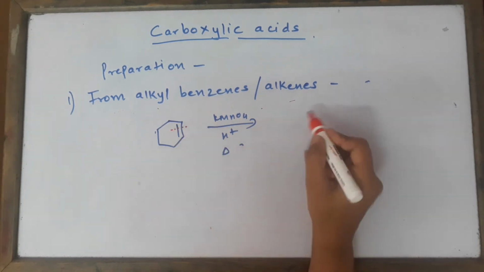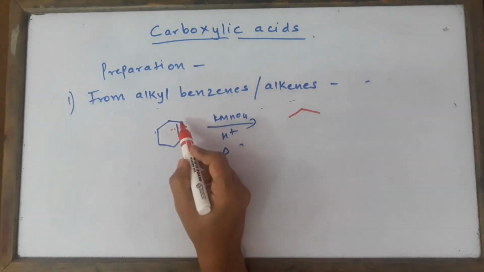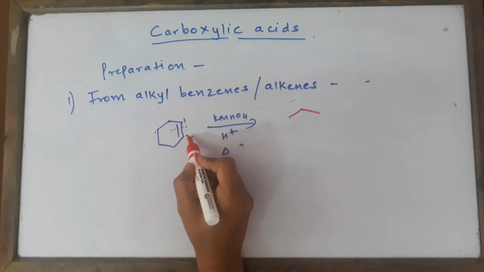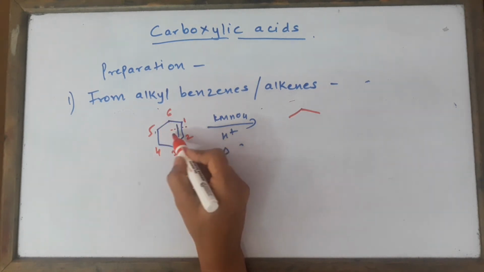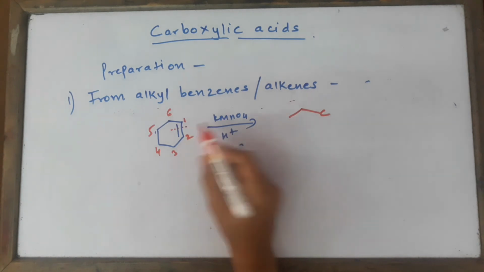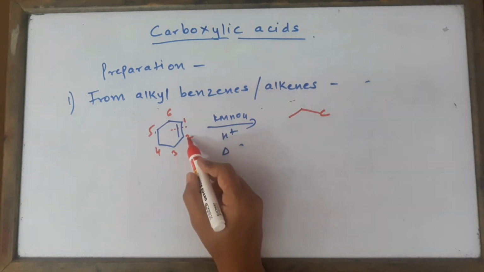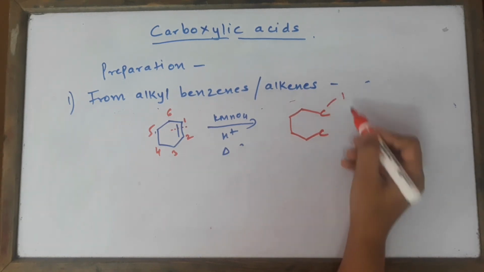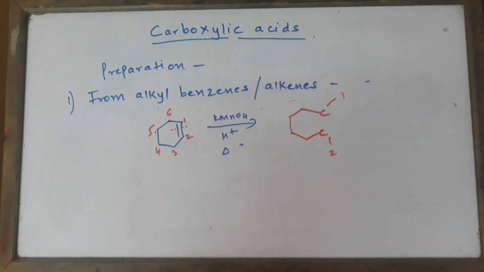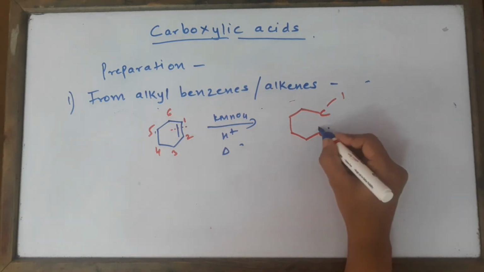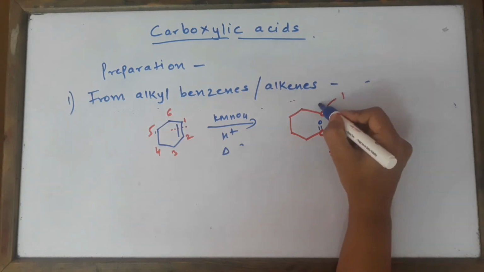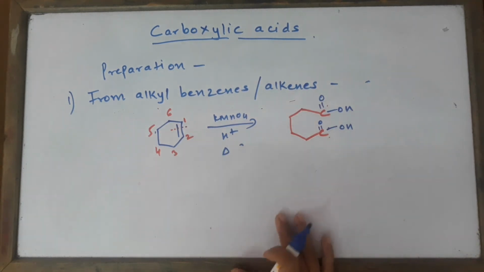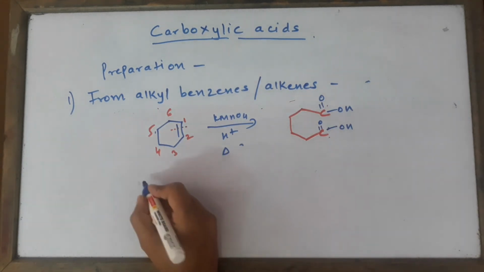Break that compound. So we'll be getting this, let's say 1, 2, so naturally we'll be starting from here: 1, 2, 3, 4, 5, 6. So carbon number 1 and carbon number 2 have undergone cleavage, and they have changed to the carboxylic part. Just draw the same thing exactly the same way. This was my carbon number 1, this was my carbon number 2, and they have got converted to C double bond OOH. This one has also got converted to C double bond OOH. I'll just rub out these numbers. Look at this, it's not at all a challenging case for us.